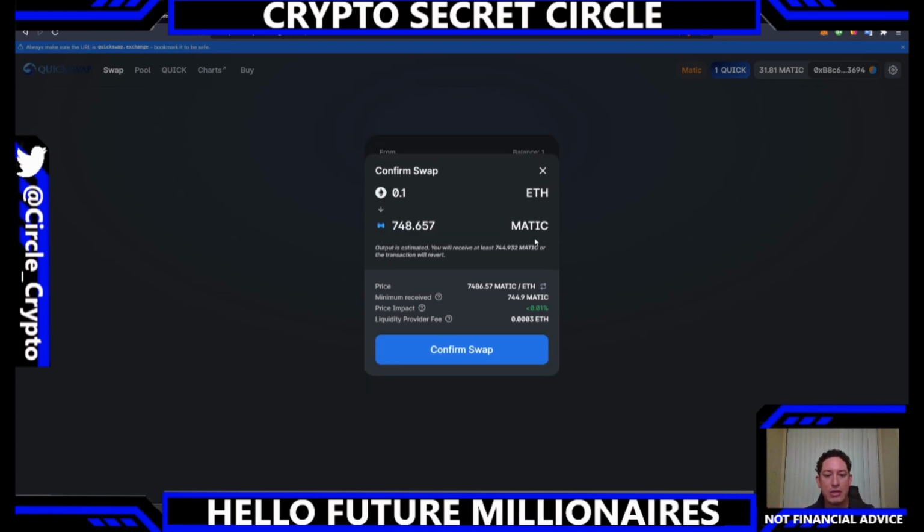Click accept, and just review. If you do something like that, just review that nothing has dramatically changed. Maybe there's not enough liquidity or something at this point. In this case, it's fine. So you just click confirm swap,